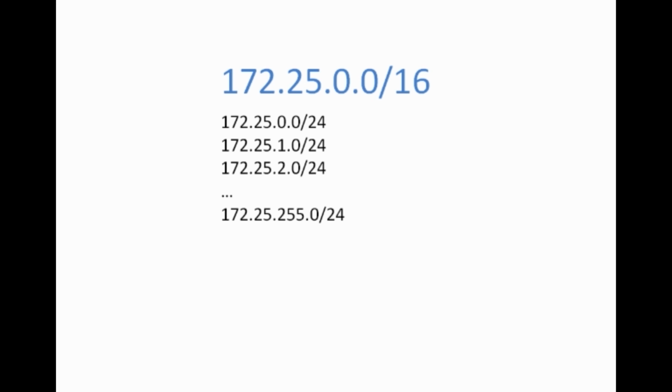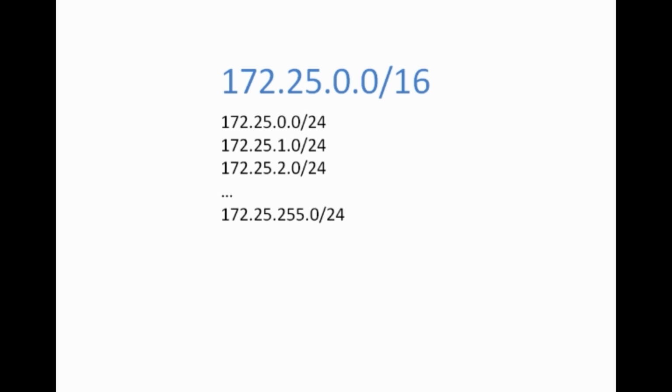However, let's say that we want to carve this up a little bit and we want to subnet this so we can have different address spaces connected to different router interfaces. And a common way that we might do this is to use a 24-bit subnet mask. If we use a 24-bit subnet mask, the default mask of a Class C network, what we're doing is, in that third octet, we're simply adding 1. We start out at